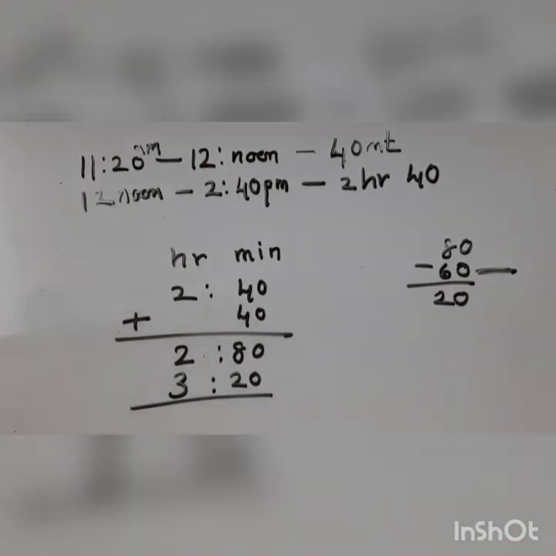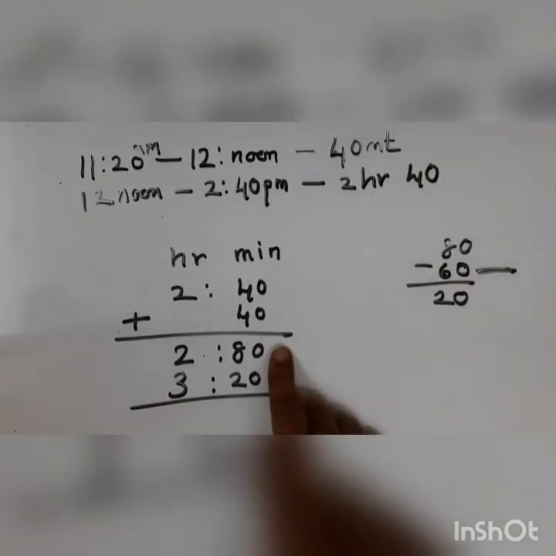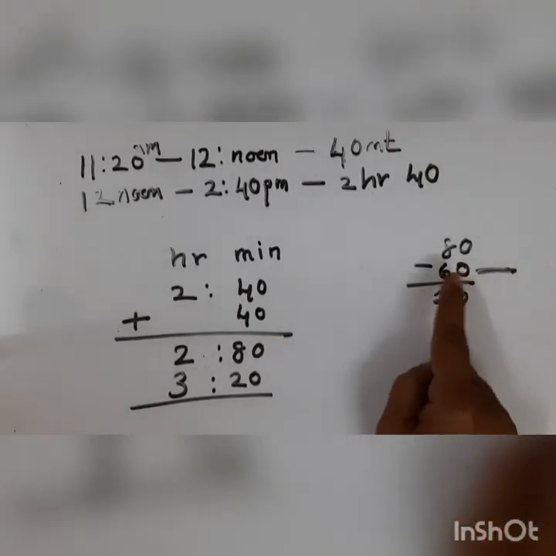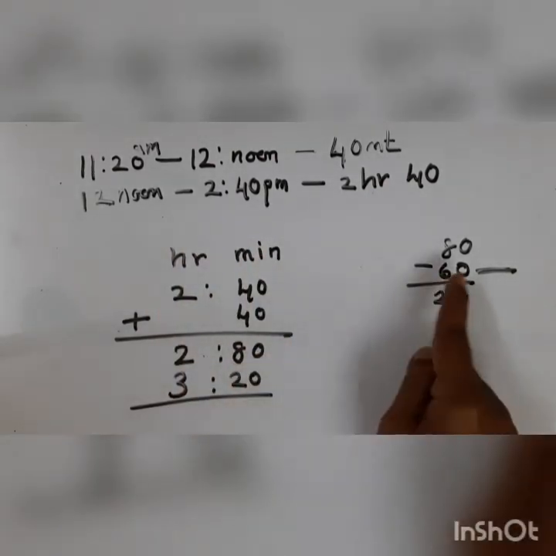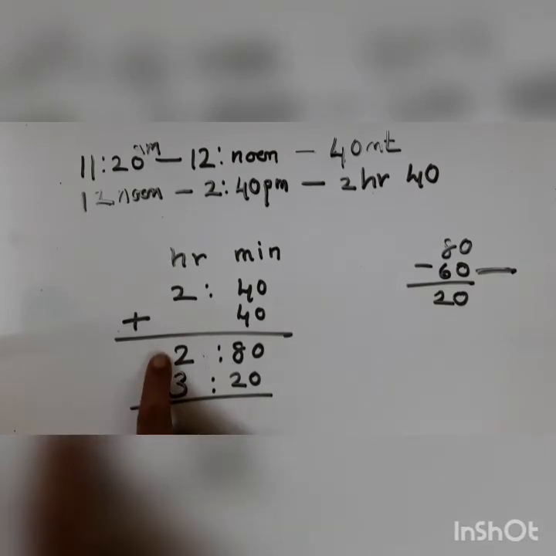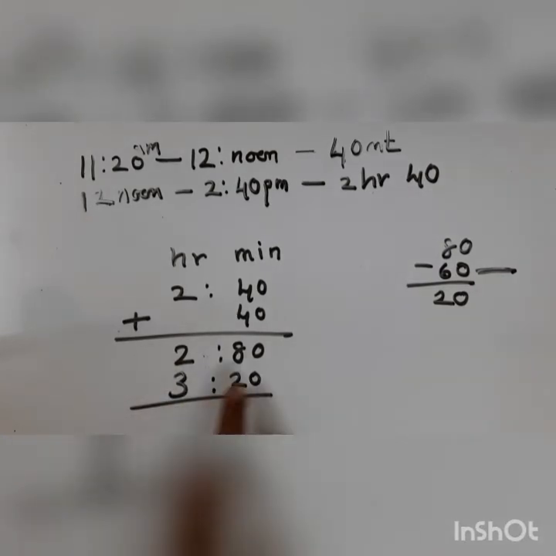Children, before I erase, please have a look at this. I will write and I'll give it to you, but have a look and understand. Whenever it is more than 60, we need to minus 60. One hour is how much? 60 minutes. Okay, hours to minutes. So this 1 hour we transfer over here, and then you get your 3. And what remains is 20. Got it? Now children, the same sum, this I have taken, which method? Method 1.